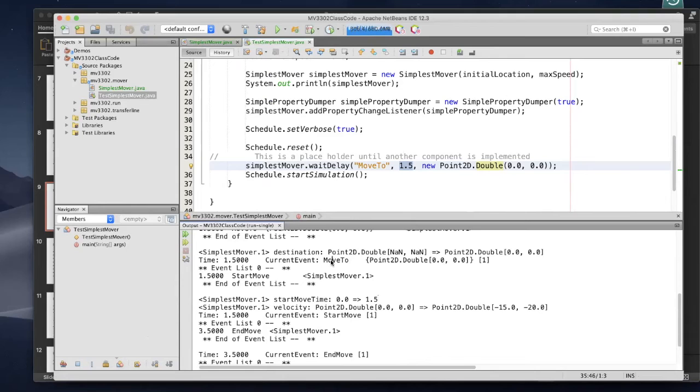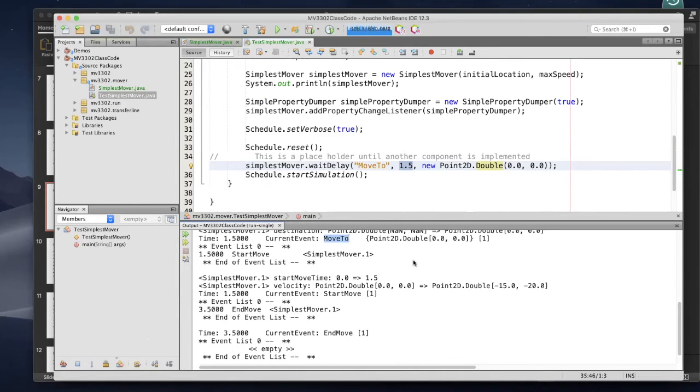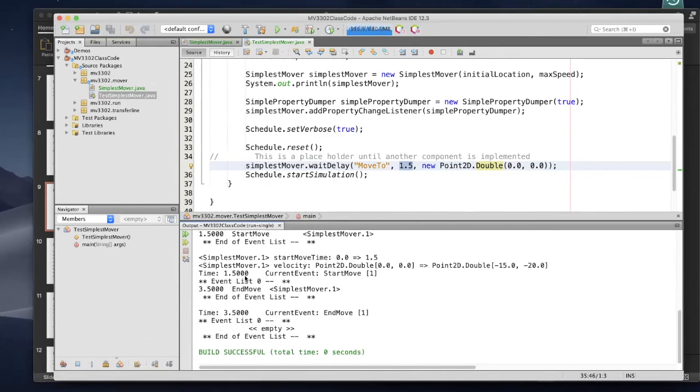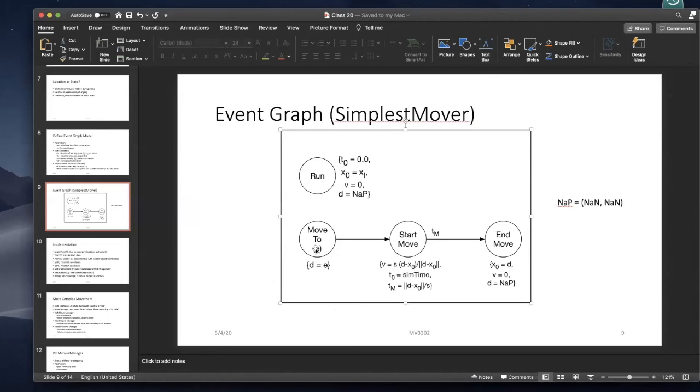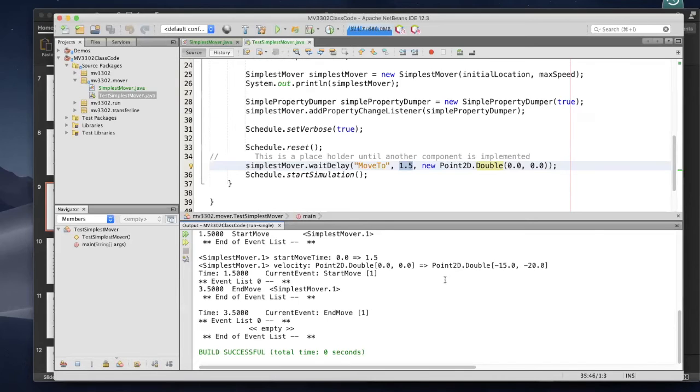Now our move to event, again, our destination. Now at time 1.5, our start move time is 1.5. Our velocity is now what this is. And am I missing something? Well, no, those are the only two states. This move time was not a state variable. I could have made it a state variable, but the only reason for it is for this delay. So it's actually just a local variable. And I could have just put that up there, but basically,